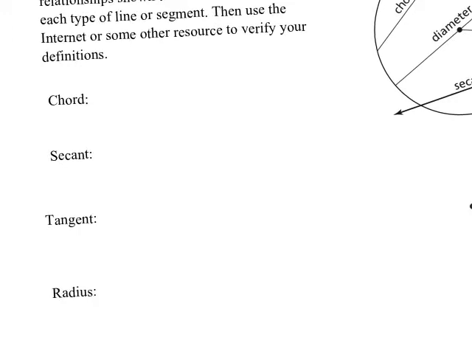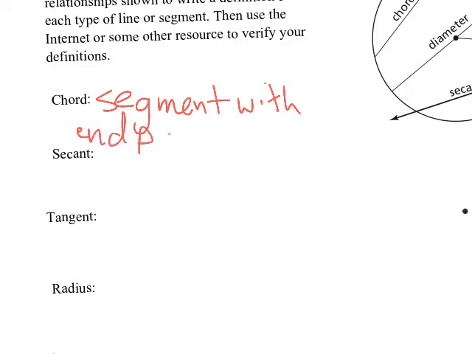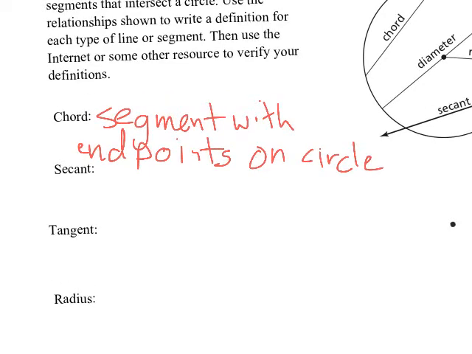So let's go over here to chord. Segment with endpoints on the circle. Okay, so it's a segment with endpoints on the circle. The difference between a secant, okay, a secant is a line that intersects the circle twice, right? So this one's a line. Line that